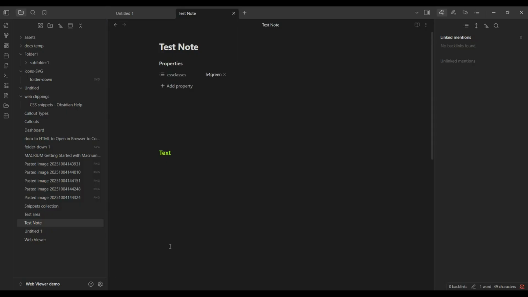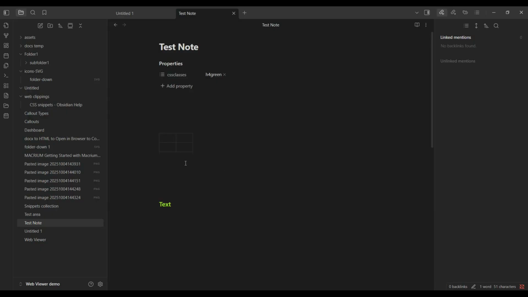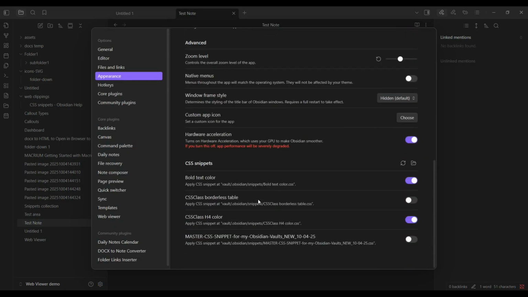Let's put a table in here first now, without activating the snippet. So insert table. You can see the table here. It's very faint, but you can see it. When I go into settings and activate the borderless table class,